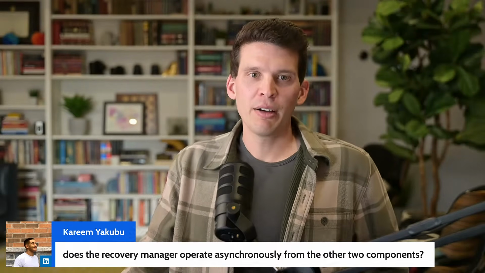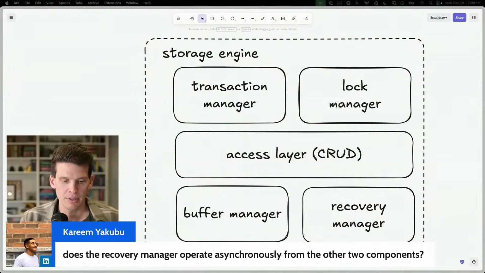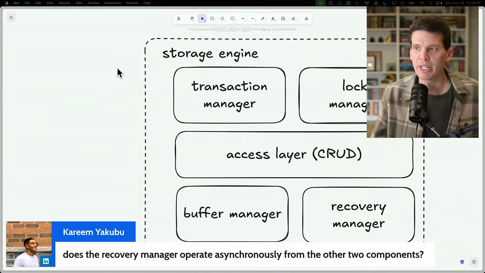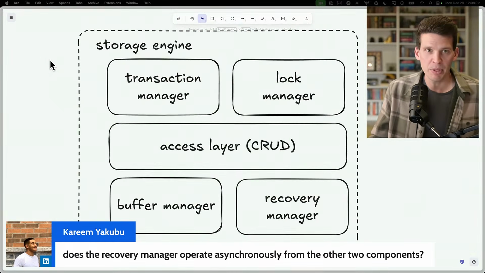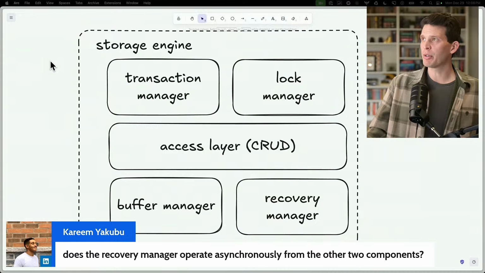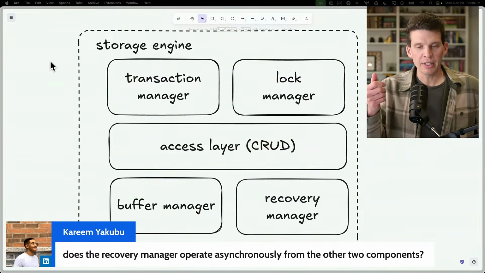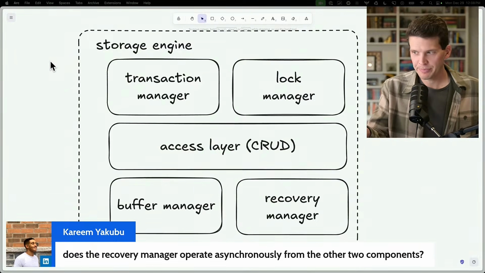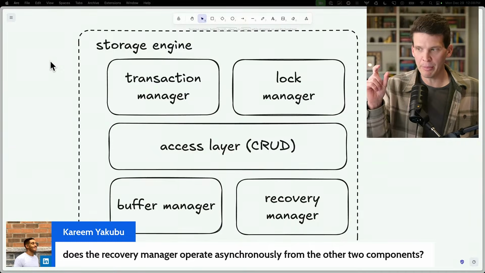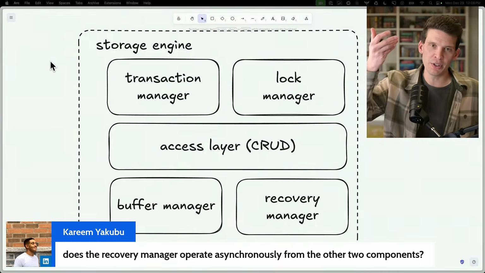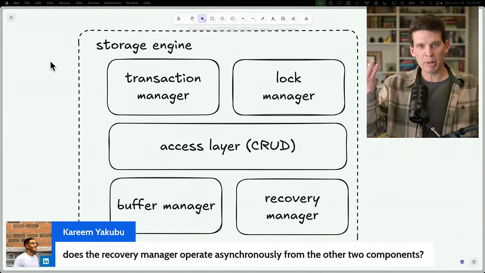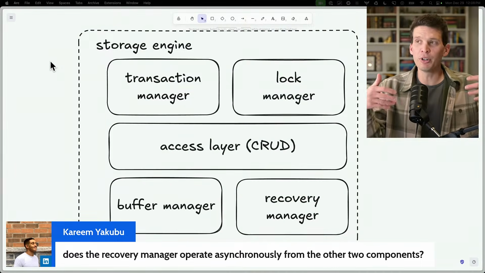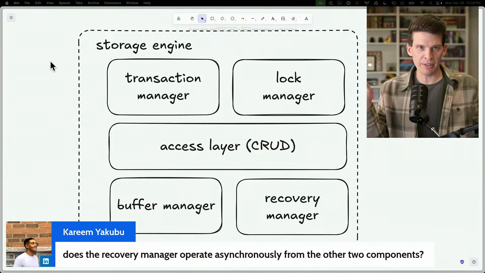Kareem asks, does the recovery manager operate asynchronously from the other two components? Not necessarily, because the recovery manager's operation, I guess it depends on what you're asking. The actual act of doing a recovery is generally going to happen not while all the other stuff is happening, right? Imagine your database crashed and left some data in an inconsistent state. The first thing that happens is your database boots back up, and it will have the recovery manager, before it even starts running queries, make sure that the database is as recovered as it can be